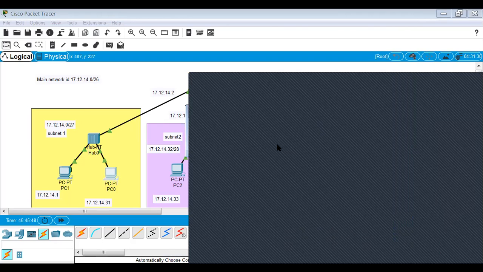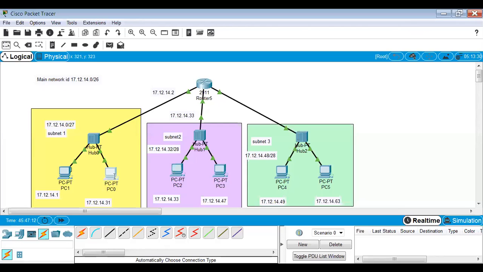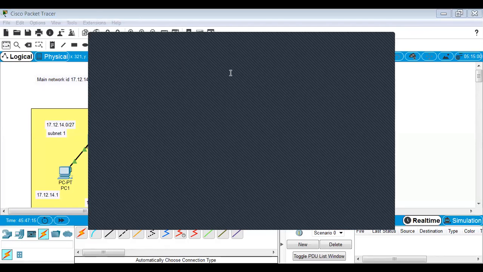Now the gateway address is... Okay, now when you give this 31 as the last address, it gives you an invalid, because the last address is considered as broadcast.